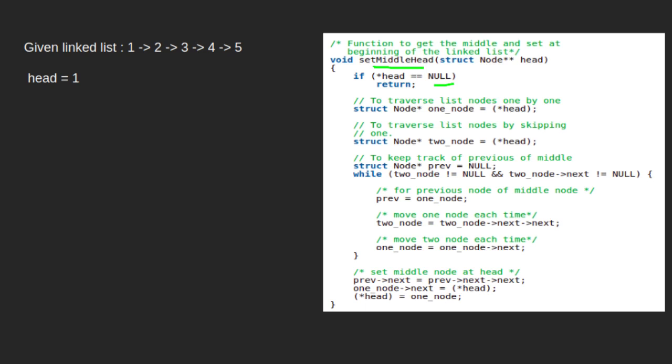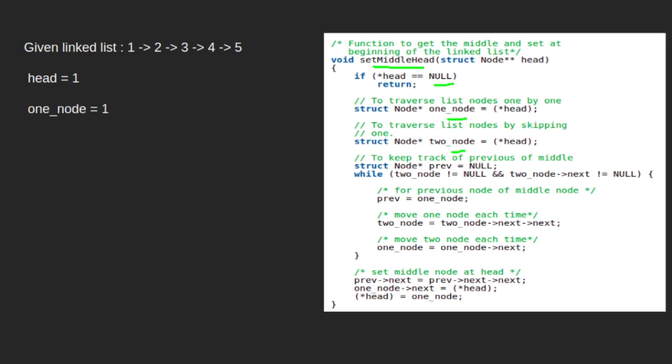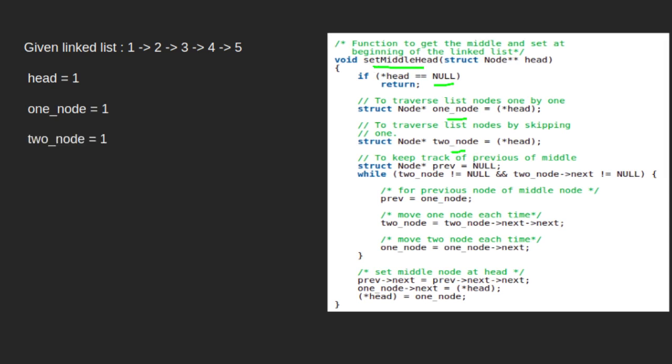After that, we declare 2 pointers, 1_node and 2_node and initialize both of them with head pointer. So initially 1_node will point to 1 and 2_node will point to 1. We also declare a prev pointer in which we will store previous of 1_node.